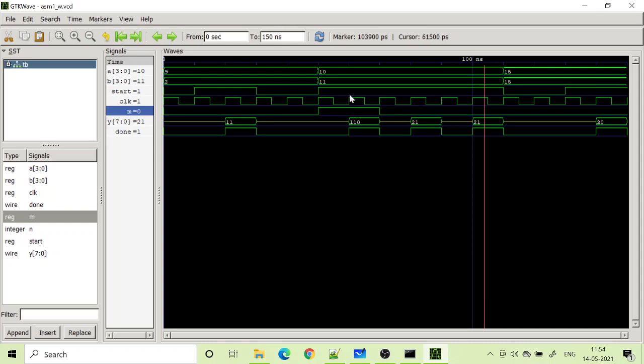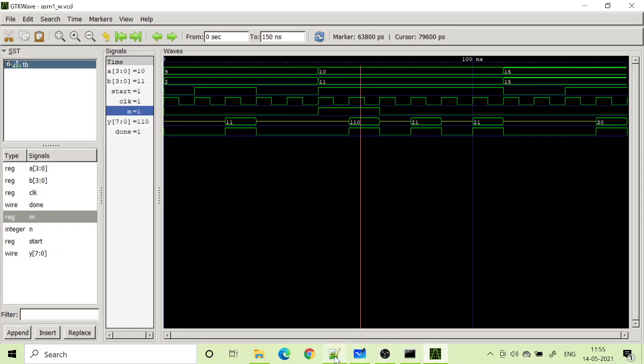Okay, so start is here, so start is high, that is why from here to here it is high, that's why it is repeatedly calculating. But if the start is low, my new calculation will not be done, and no more output will be displayed. But if you want the output to be displayed again, you keep the start input high for longer duration, and if you want to change to product, then you make m high. Okay, so this is one thing.